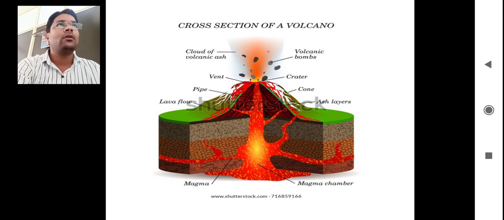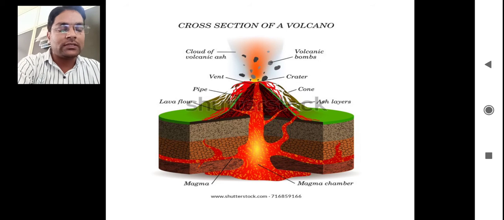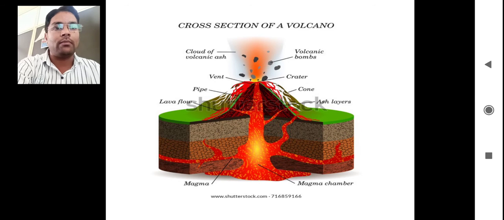Then the next part is magma chamber. What is this magma chamber? See, in the image you can see this red hollow structure that is called as magma chamber, and the red material shown in the figure is magma. The magma is stored in a magma chamber, and through a pipe, the pipe is called as conduit, and via this pipe this magma flows from the magma chamber to the opening of the volcano, and then it gets erupted, and the material which is erupted from this volcano gets stored in the cone.